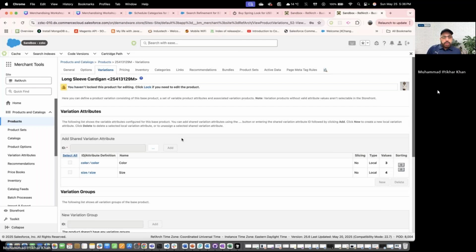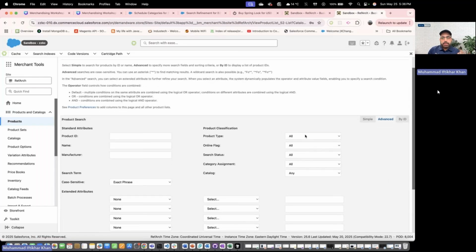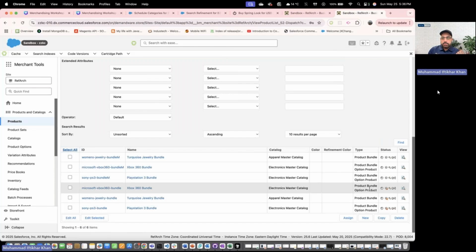This is a master variation, so let's move to the bundles, which is pretty much simple and similar to these variations. So let's suppose I search for any existing product bundle which is defined in this catalog. So this is bundles, all types. You can see here all types are bundle. Let's open this bundle, the first one,